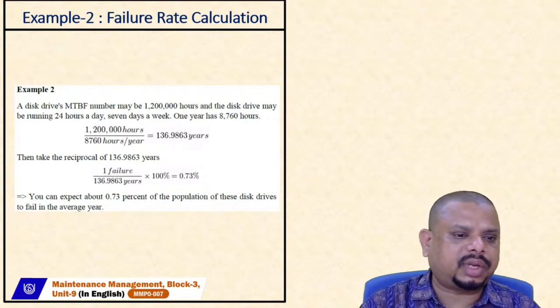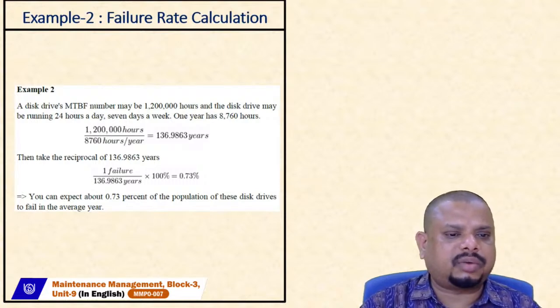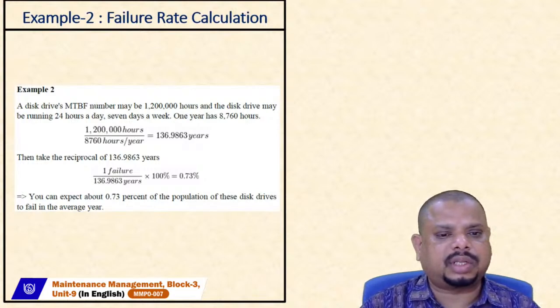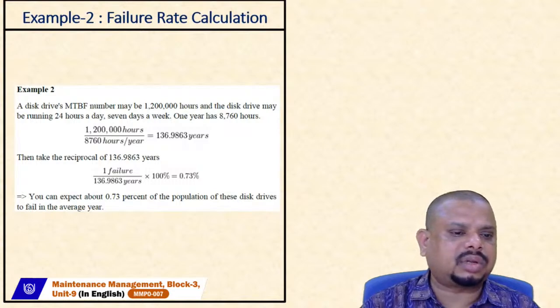So how to calculate the failure rate? The total number of hours, which is already given, 12 lakh hours, divided by the total number of hours per year, 8,760 hours per year, equals